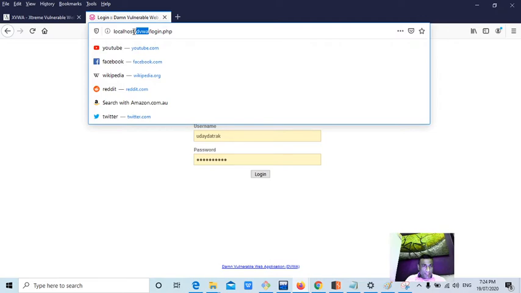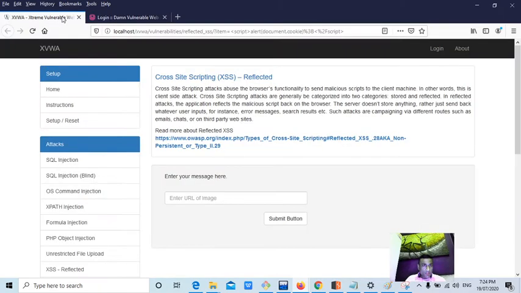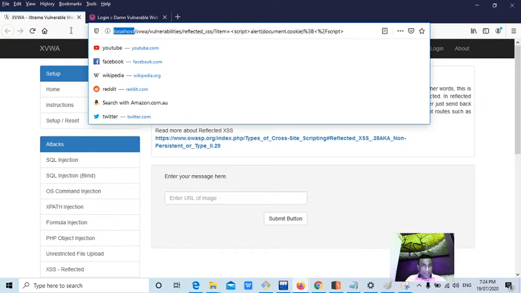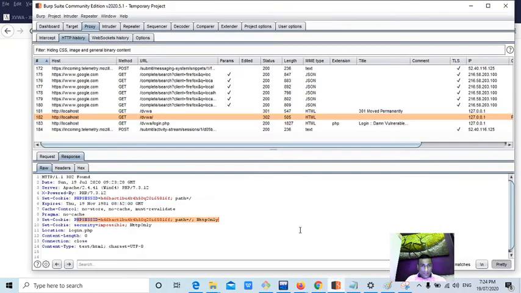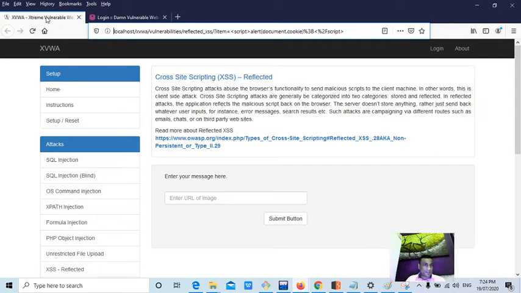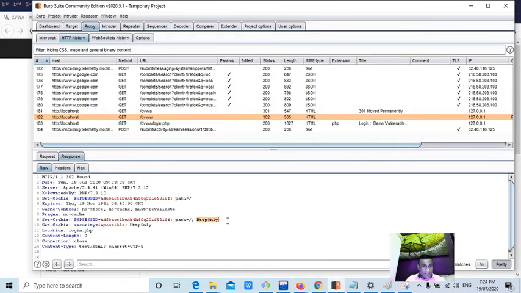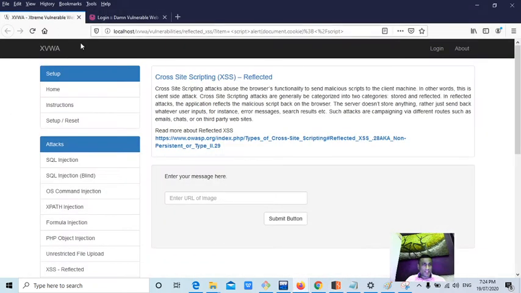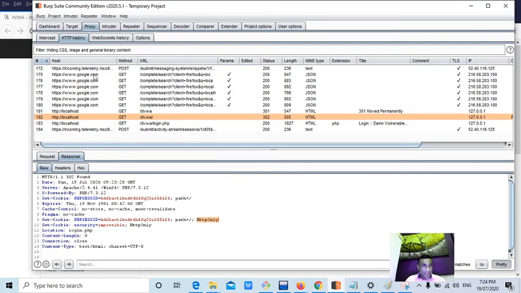This DVWA application is hosted on localhost only. The XVWA application is hosted on our localhost only, right? Now I'm trying to give you some more additional information. The HTTP only is set for which session ID, guys? PHPSESSID, right? This application is also using the same session ID, PHPSESSID. So once the HTTP only is set for this particular application DVWA, that means it is set for all the applications hosted on this particular machine, because all the other applications like XVWA are also using the same.